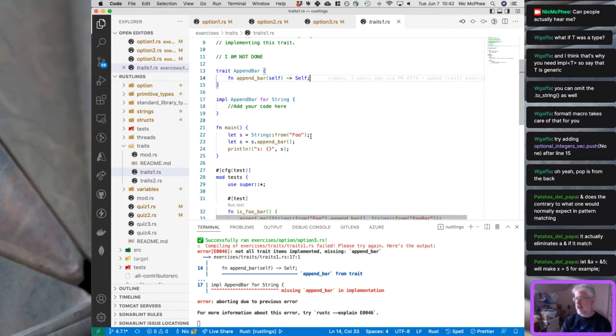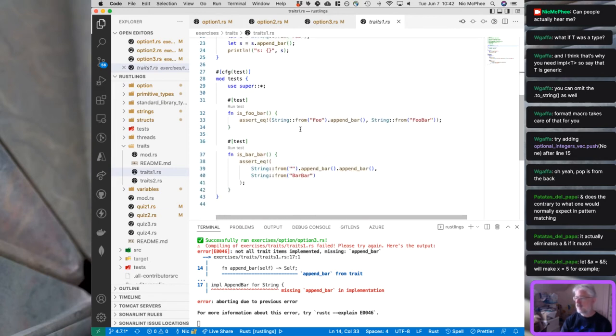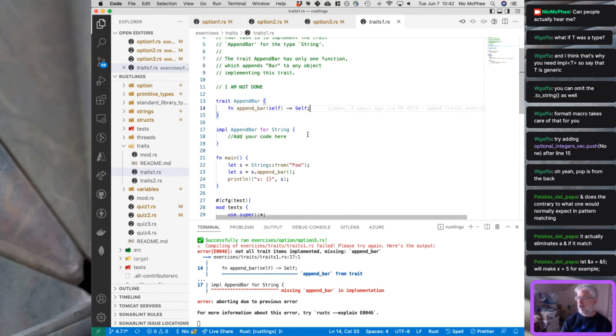We create a string s, which is "foo". We append bar. We should get presumably "foobar". And if we look at the test, yeah, String::from("foo").append_bar() gives us "foobar". String::new().append_bar() gives us "bar". Okay. So here we're going to have to have a function, fn append_bar, self arrow Self, you know,